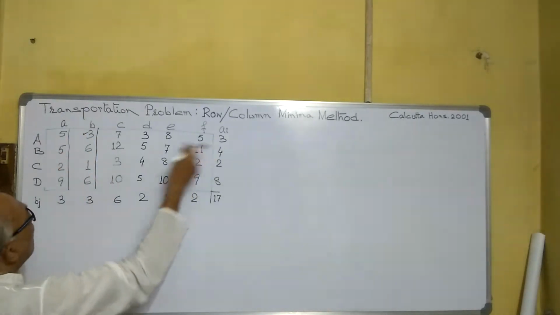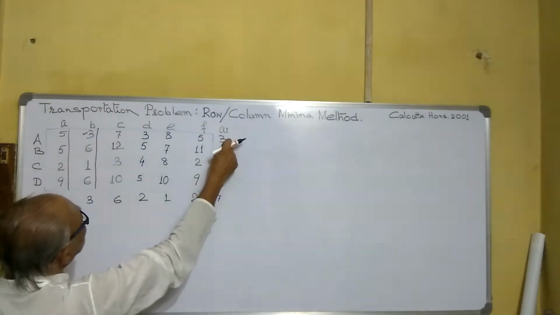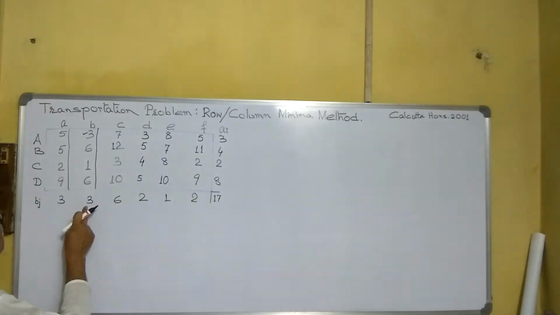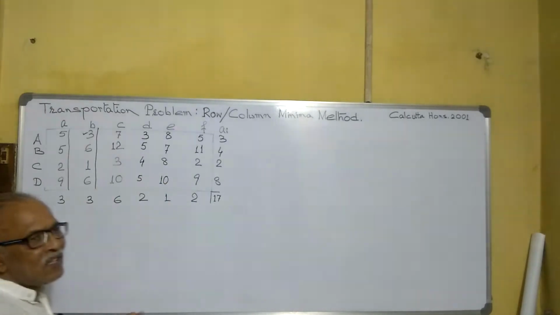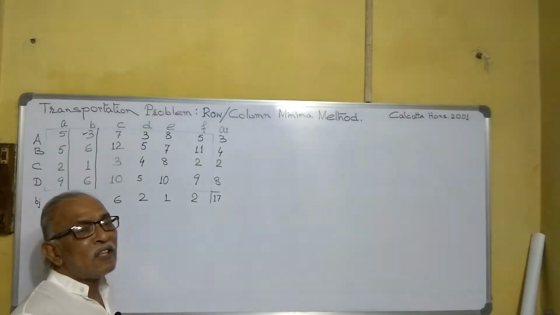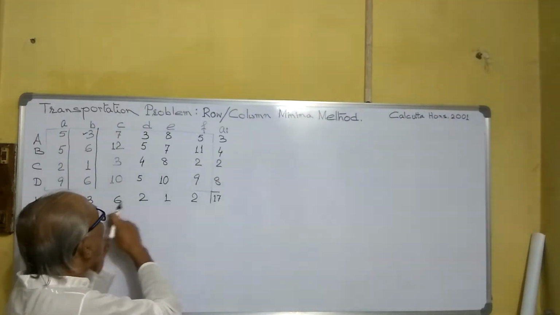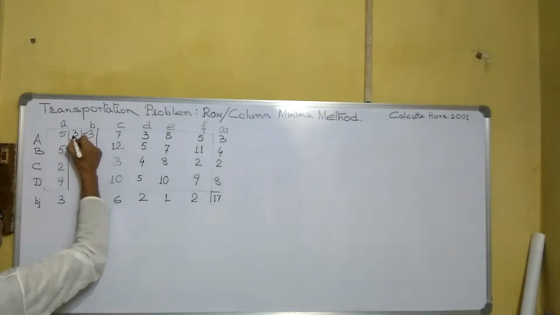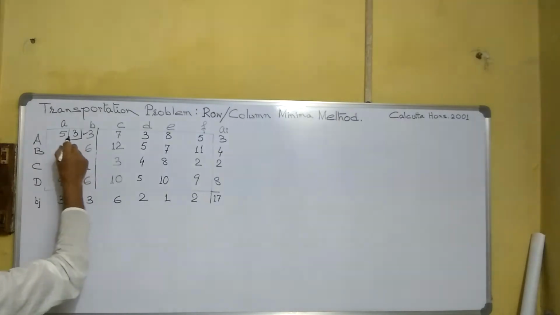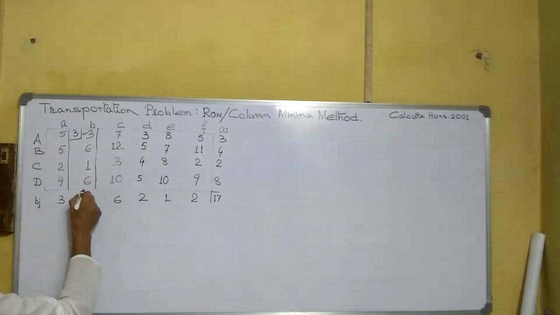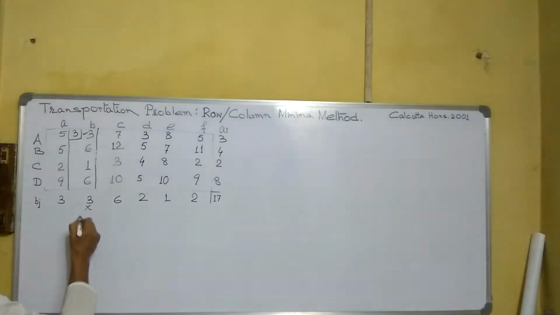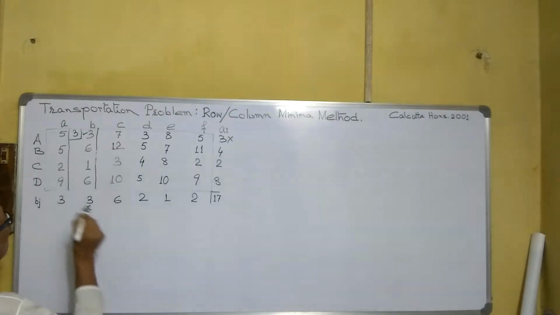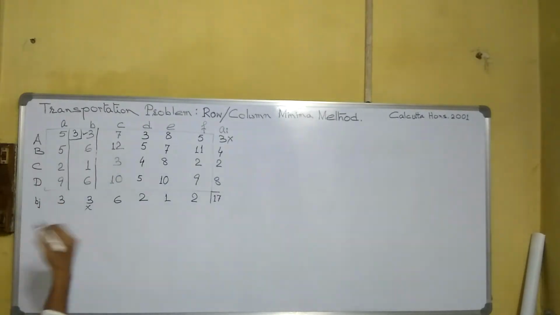See here available in this row we can see available is 3 and in this column we can say requirement is also 3. So it is okay. If it is equal, no problem. If it is unequal, we have to choose the smaller among the two. So since we are allotting 3 to this, now this is over, this column is no more required, it is fulfilled up, this row is also no more required. Now we will proceed to the next one.